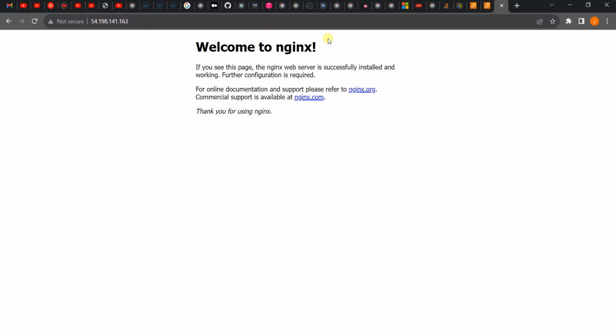A web server is simply used for hosting web applications. So this is where you're going to run your web application. If you have a web application running there and you host a static page here, instead of this Welcome to NGINX appearing, your static page will appear. So I'm going to go back to my